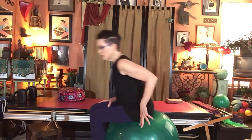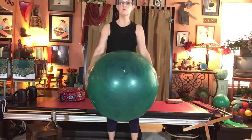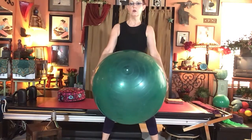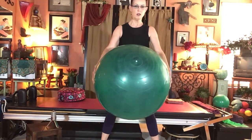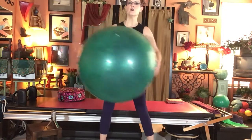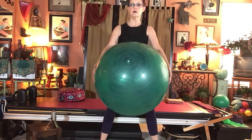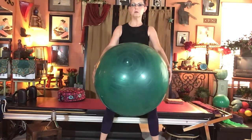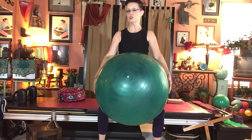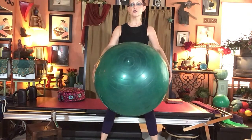All right. Now, I'm also going to use the ball in many different ways. In the standing warm up, we're going to start in an open V, a little wider than not, and hold hands on the sides of the ball so you get a good hand hold. Elbows ever so slightly soft. We're just going to bend the knees sliding down your wall and stretch it up, starting just holding the ball. Inhale, gliding up, working on good posture and making sure that as you work, you're focusing on that neutral spine